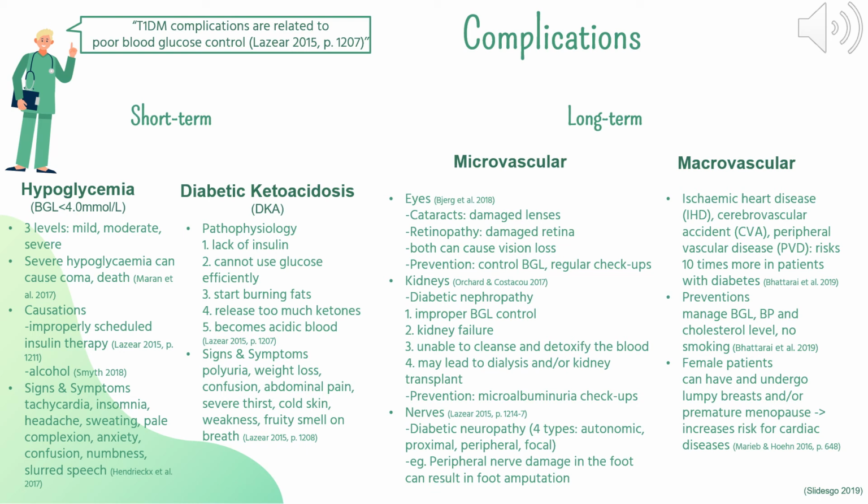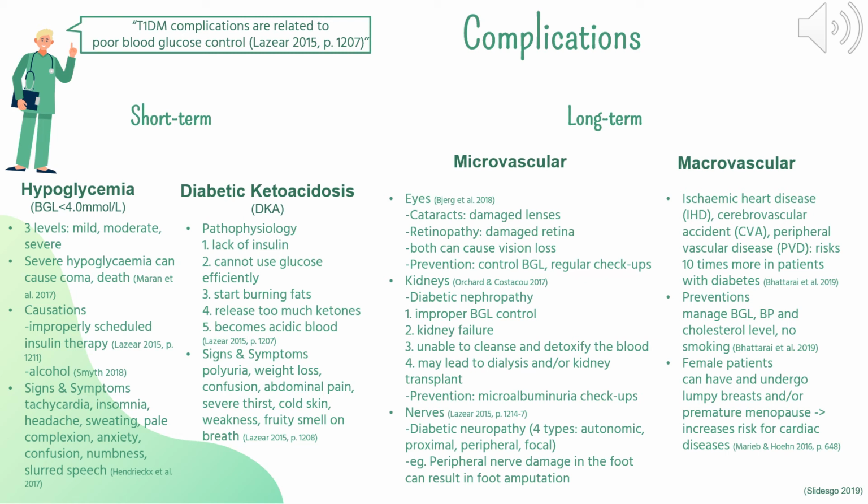headaches, and so on. Another short-term complication is diabetic ketoacidosis, which is also called DKA. It can be the first indication that a person has type 1 diabetes and can be a serious complication of lack of insulin. DKA happens when your body runs out of insulin. You cannot use glucose properly or effectively, and your body starts to use fat to get its energy. When fat is broken down by the body, ketones are released. If too many ketones build up in your blood system, it will make your blood acidic, and finally, it may